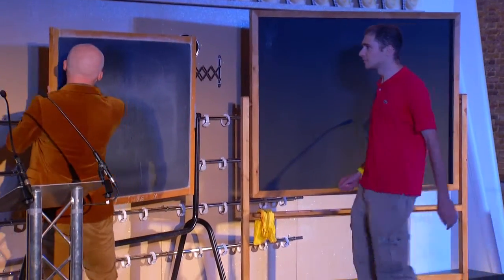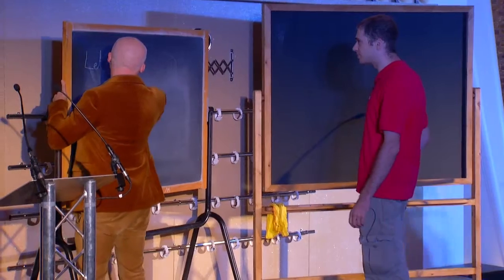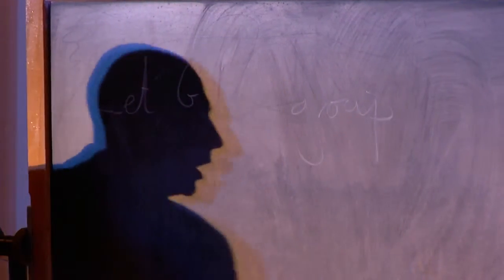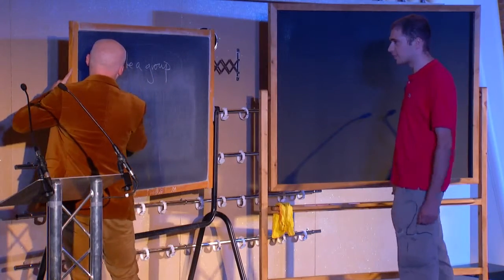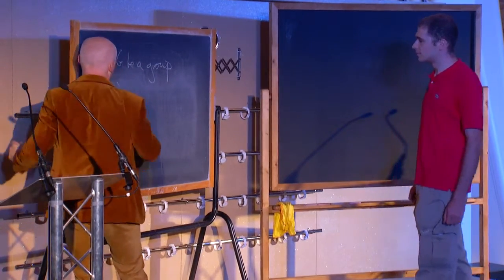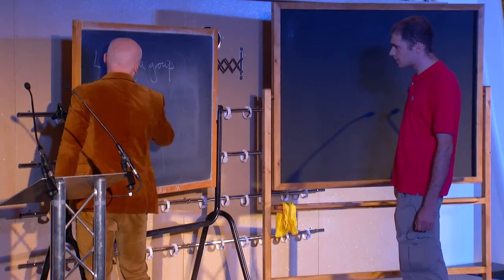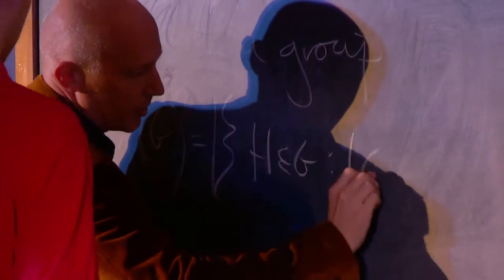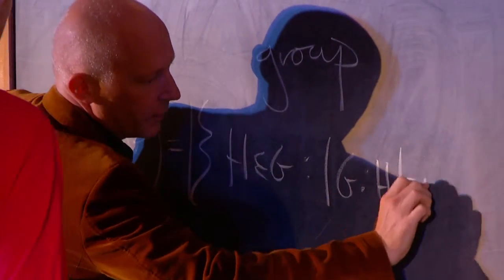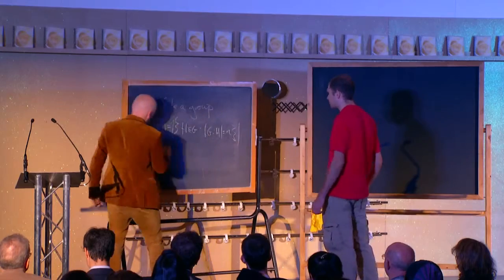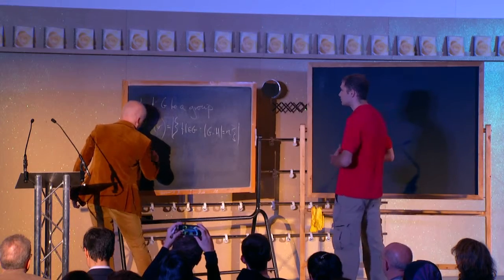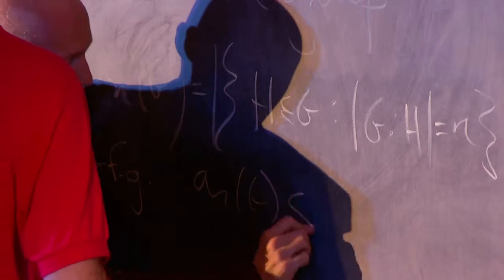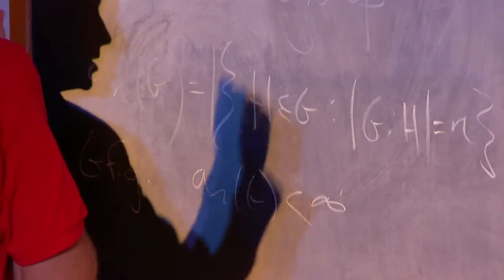Let G be a group. And I'm going to define an invariant. For every number n, I want to define a_n of G to be the number of subgroups H in G such that the index of H in G is equal to n. Now, if G is finitely generated, then a_n of G is finite for all n,